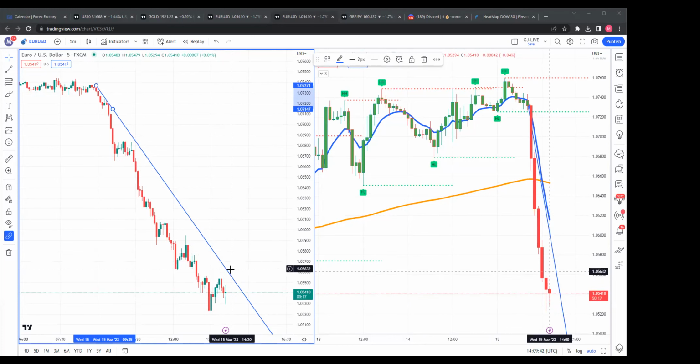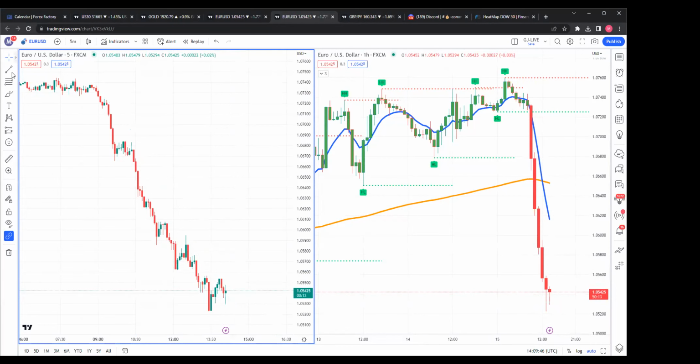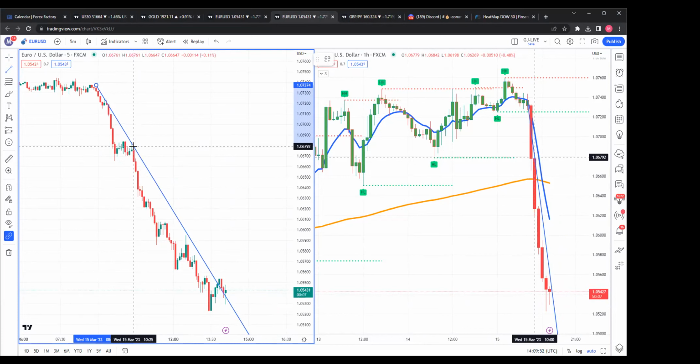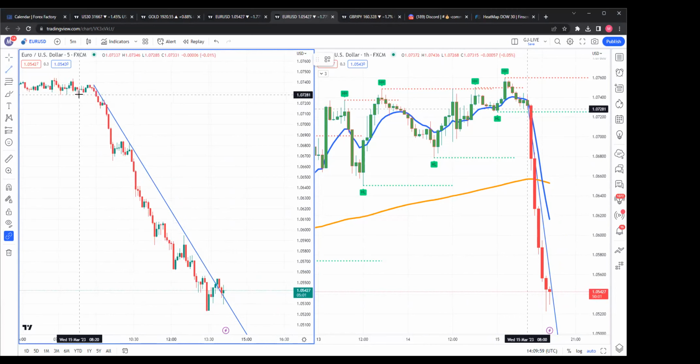Okay, so I can see opportunities all over the place right here. So what I did this morning, I drew this trend line right there. And then I drew, so ideally the trend line you want it to be equidistant. Some trend lines will not be equidistant, that's fine. And remember we need,